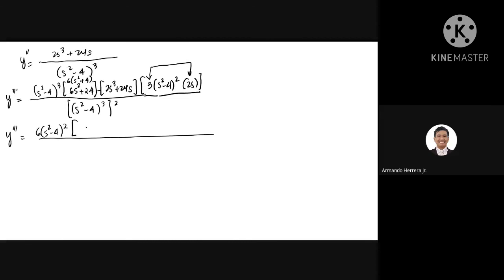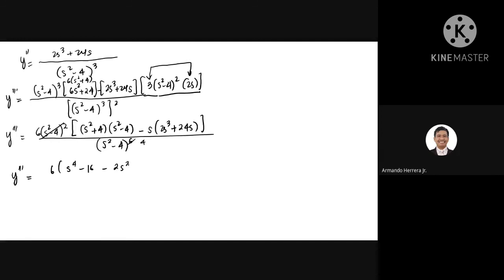So that gives us (s squared plus 4) multiplied by (s squared minus 4), from that cube there, where we took the square out, minus the quantity, you factored out 6 and this one. So we are left with s times 2s cubed plus 24s. That's (s squared minus 4) to the 6, and that squared cancels out with 6. We are left with 4. We have y triple prime equal to 6 times (s to the 4th minus 16)